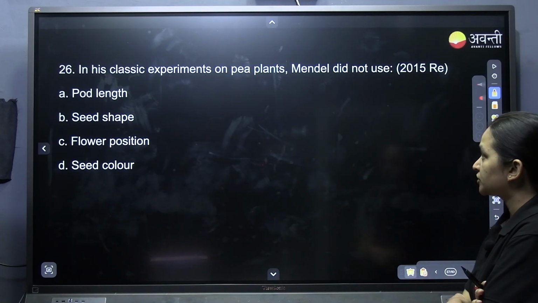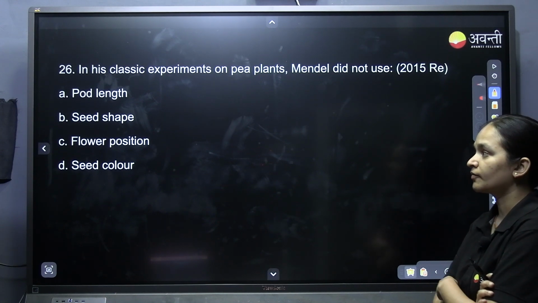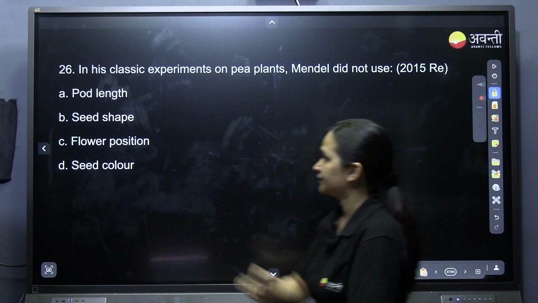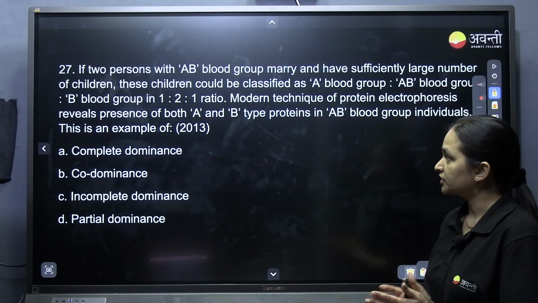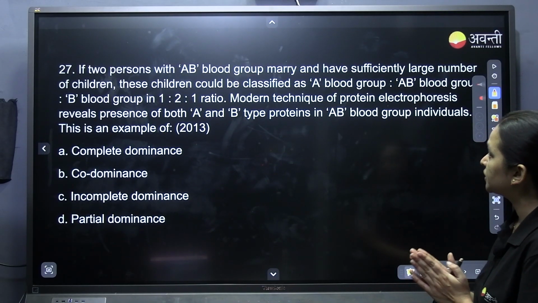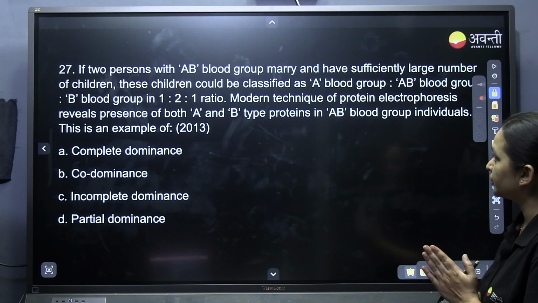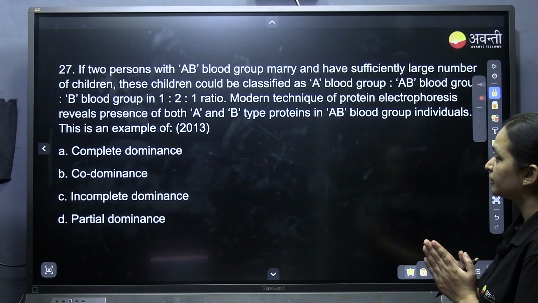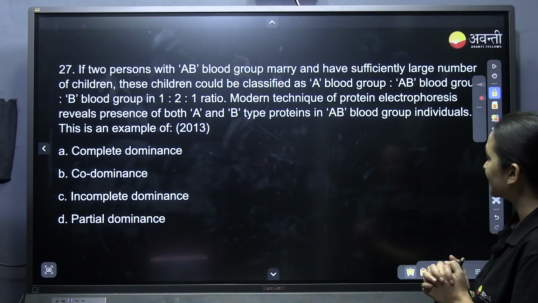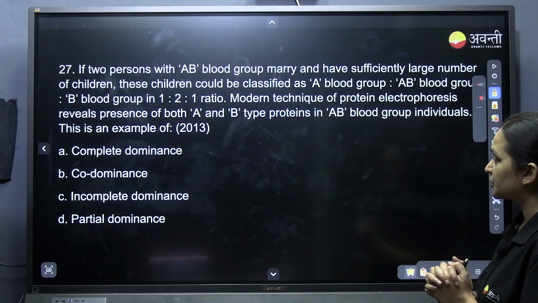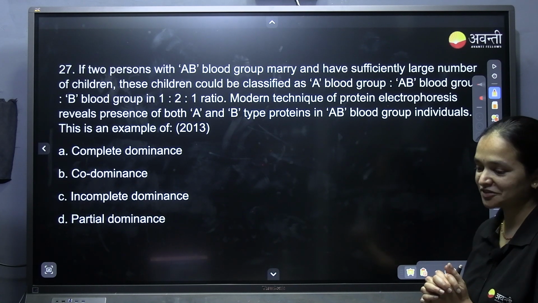In his classic experiments on pea plant, Mendel did not use pod length. Other three he used, yes. If two persons with AB blood group marry and have sufficiently large number of children, these children could be classified as A blood group, AB blood group, B blood group in 1:1 ratio. Modern technique of protein electrophoresis reveals presence of both A and B types proteins in AB blood group individuals. This is the example of